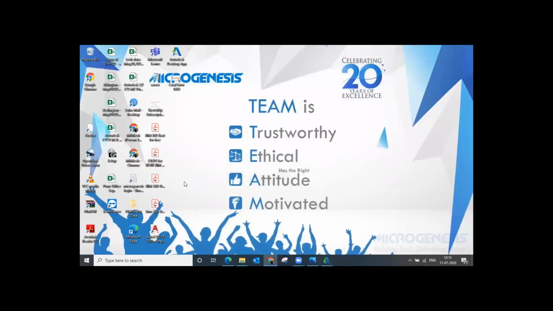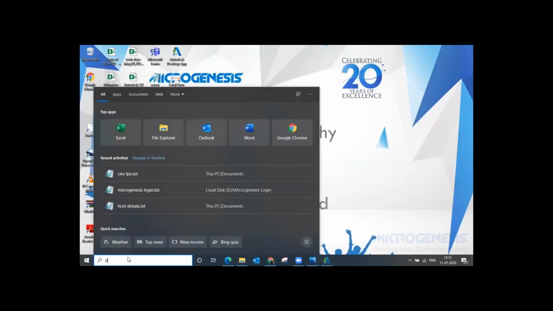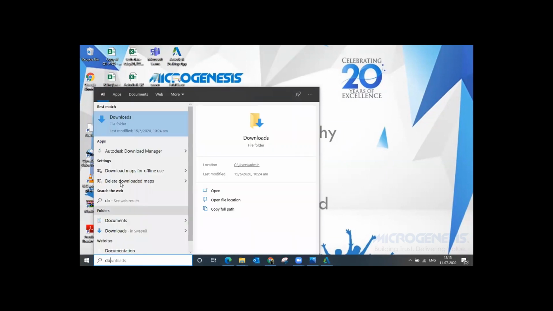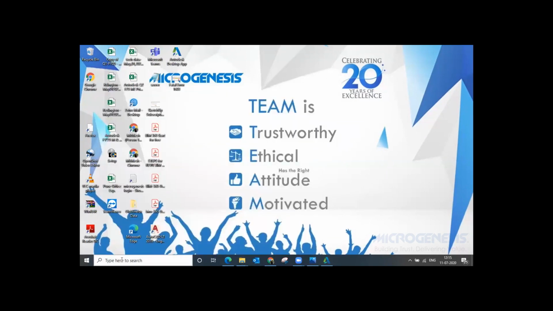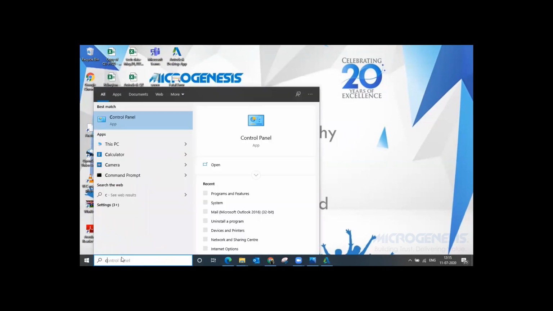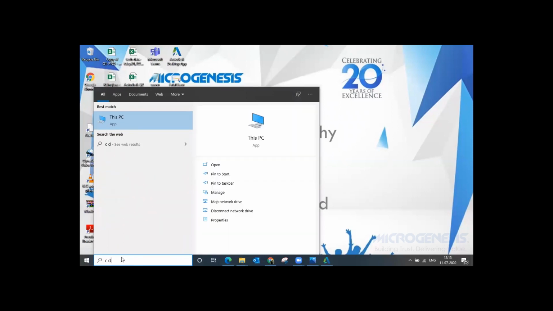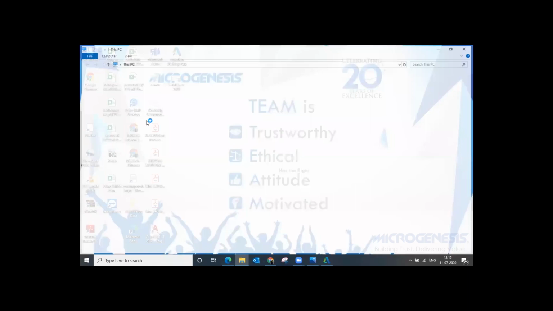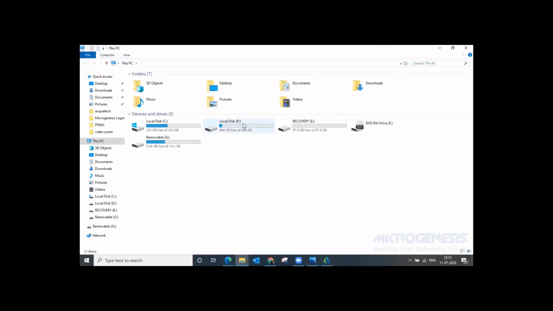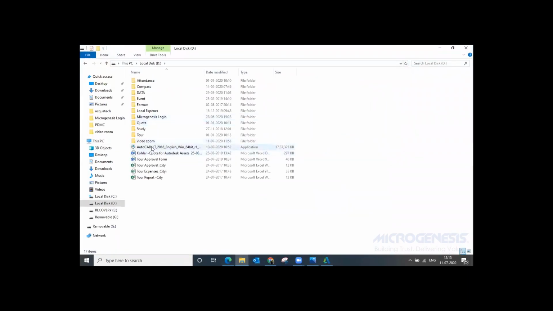After that, we need to again go to our downloaded Autodesk zip folder, that is our AutoCAD related software.